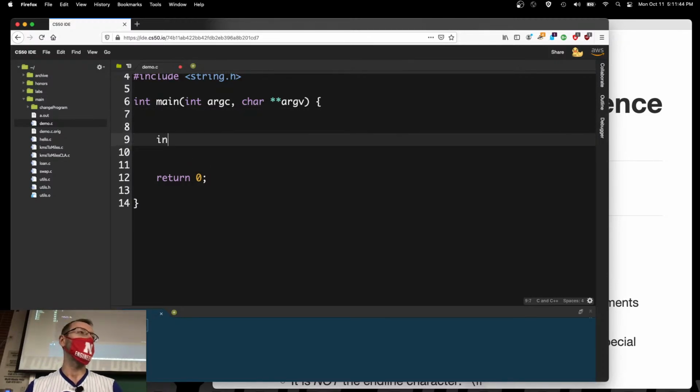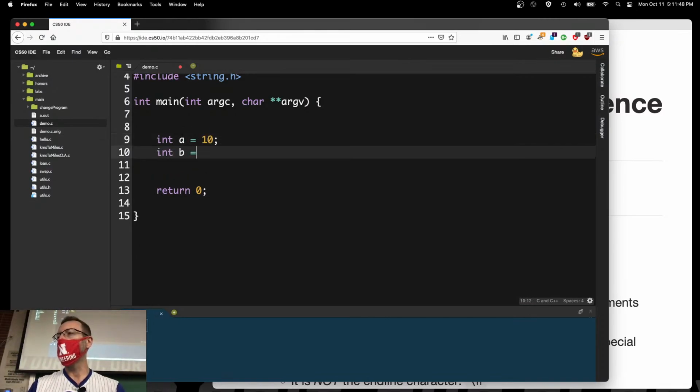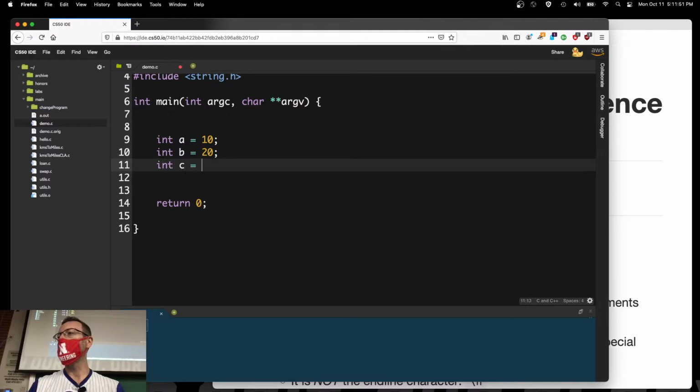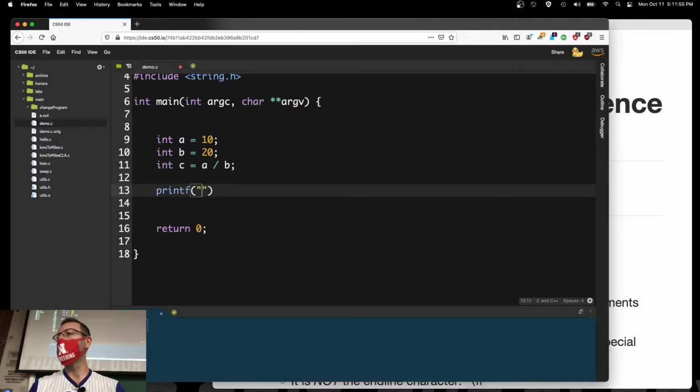let's see, I have to have some code here to actually work with to debug. Int b is equal to 20, int c is equal to a divided by b, and then printf c is equal to %d. In other words, I'm doing integer truncation here, and I'm not getting the result I expected, right? So let's find out why, right? So if you're going to use the debugger,